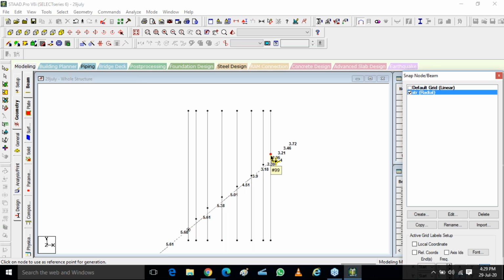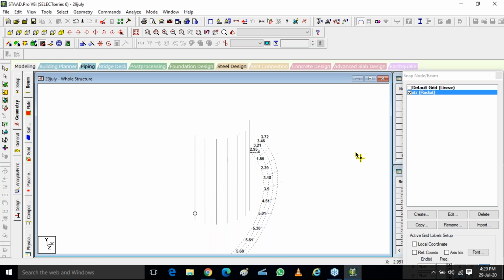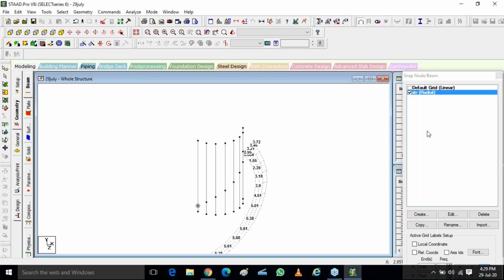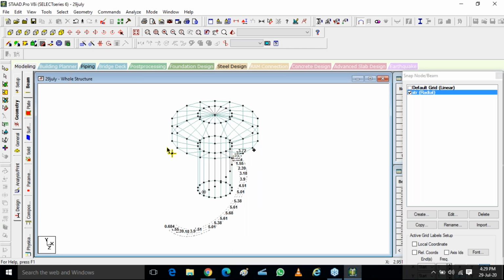Now in this you have two ways. Either you can follow the grid. If I take you to isometric view, you are keeping this as center. But can you see the radius of this grid is too much? That's why it is not happening, the radius. So if you want to take it for the center of the radius, you have to find out the center of your model. You see your whole model. How can you create a center?